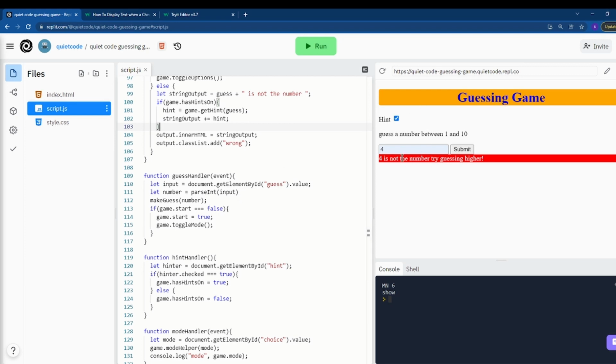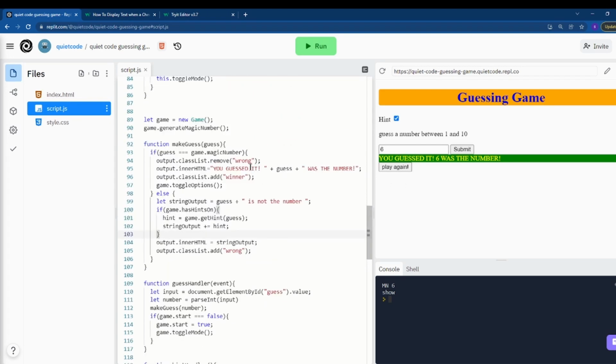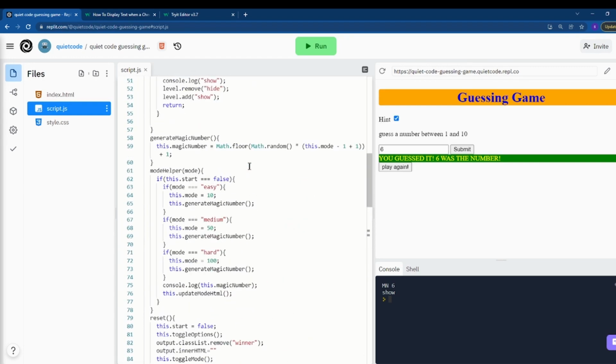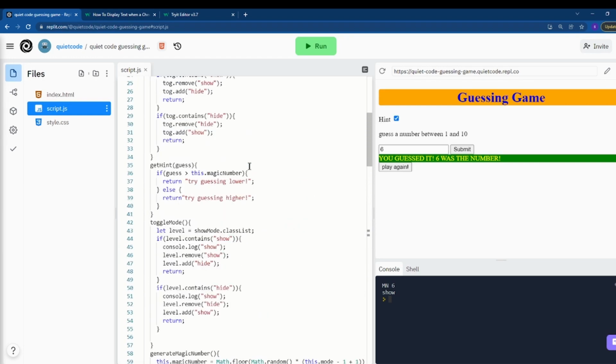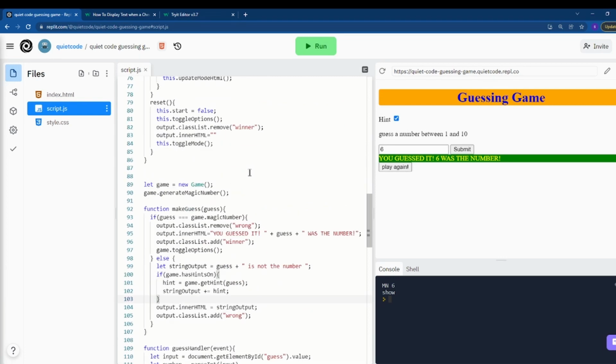So that's cool. If hints are on, 4 is not the number. Try guessing higher. So we'll guess 7. 7's not the number. Try guessing lower. Cool beans. Well, the number 6. 6, sweet. 6 was the number. Alright, and we don't get a higher or lower prompt, which is good. Let's see. Oh, right, we don't get that because